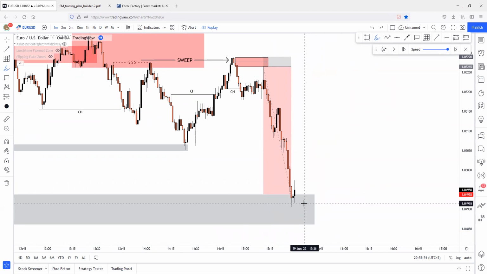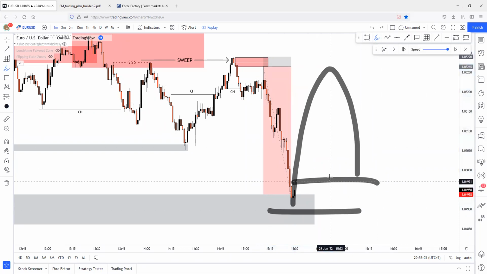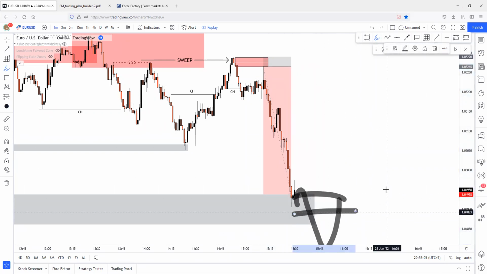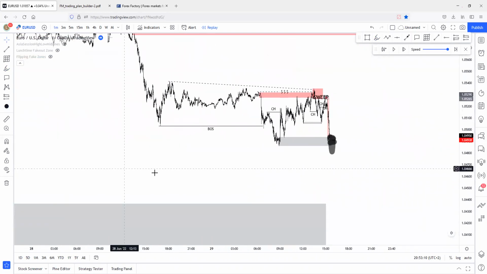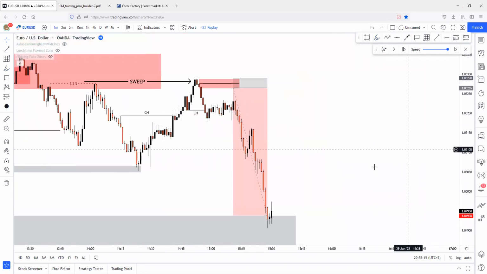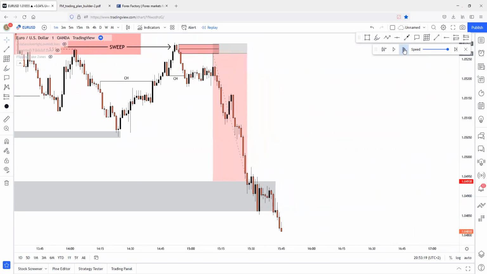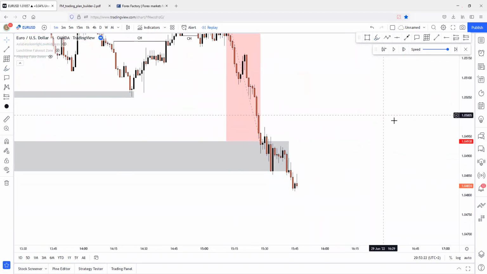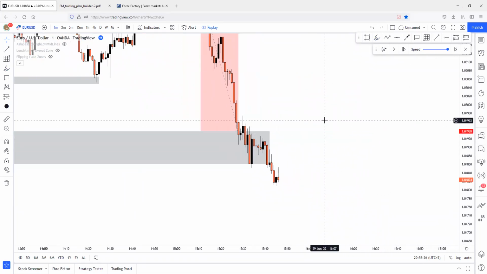If one of the scenarios happens, I'll be able to adapt based on the scenario that has happened out of the 2 scenarios. If the strong change of character happens to the upside, I will be able to target the liquidity to the upside. If the flip of this zone happens, I will be able to target the 4-hour demand zone here, or some liquidity take point on the 4-hour chart, or some 50-minute demand zone. This is a plan. So let's see what happens here. Let's just play price forward, ranging inside of this demand still, and the flip of the demand has happened, as you can see, with a really nice movement.